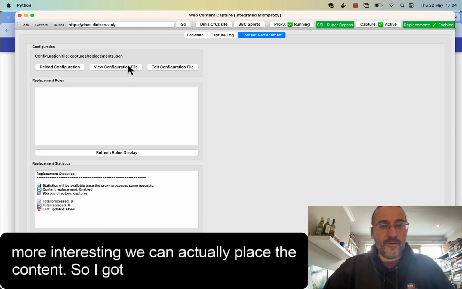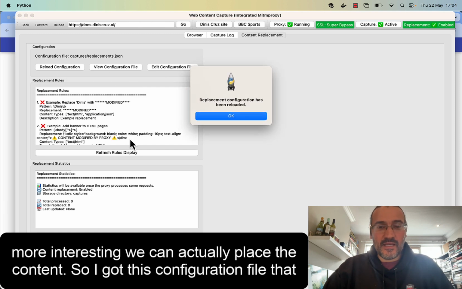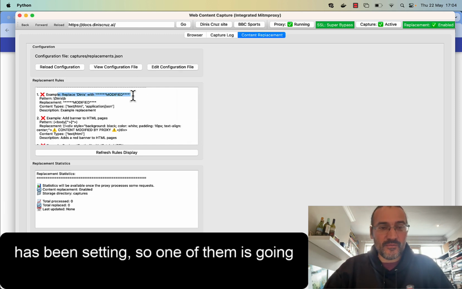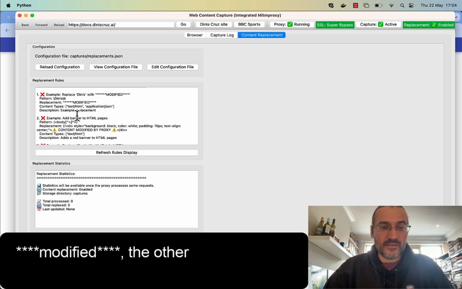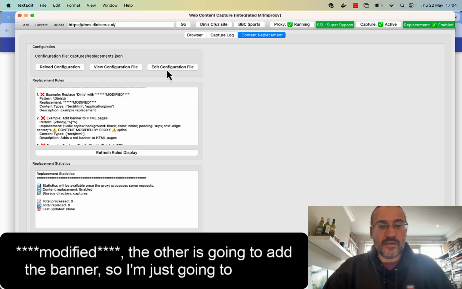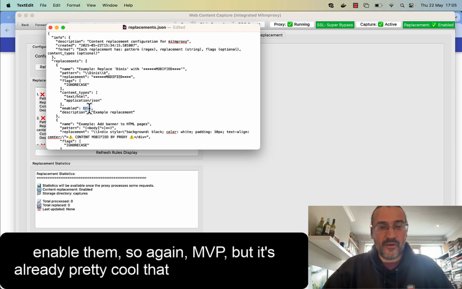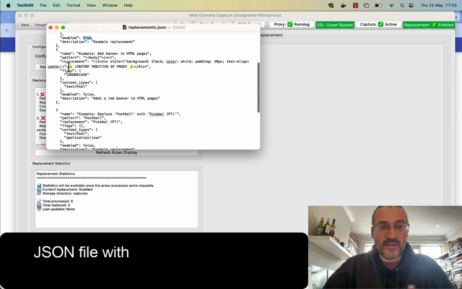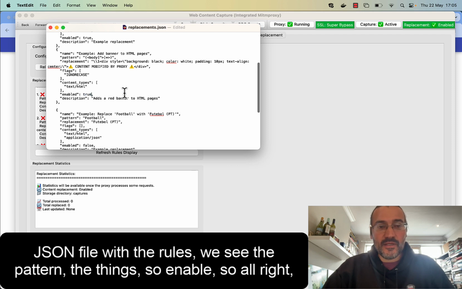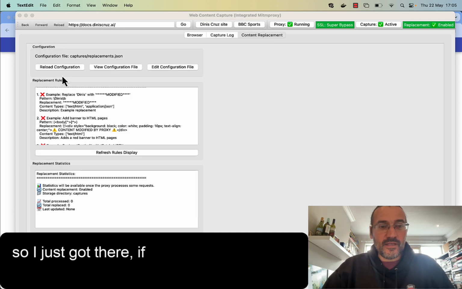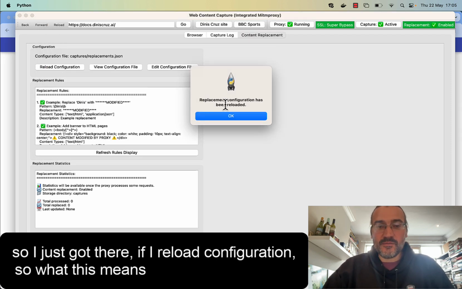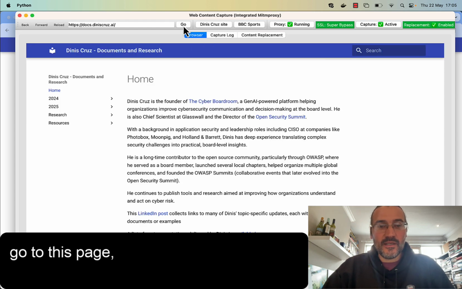So I've got this configuration file that has a bunch of settings. One of them is going to replace the word Dennis with modify. The other is going to add a banner. So I'm just going to quickly enable them. Again, it's an MVP, but it's already pretty cool that I have a nice JSON file with the rules. You can see the pattern, the replacement, and enabled. All right, so I just go there. If I reload the configuration, it means that if I go to this page,